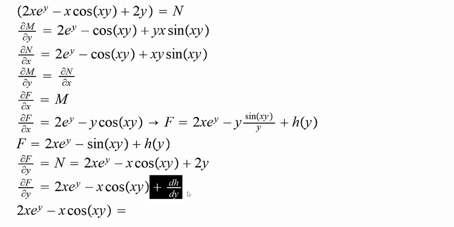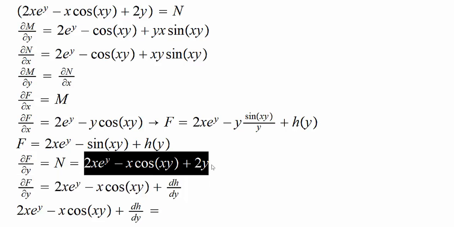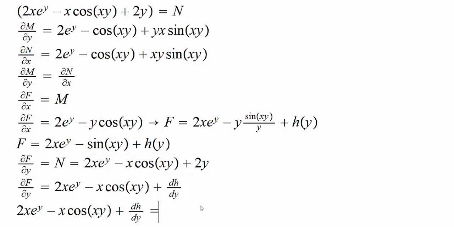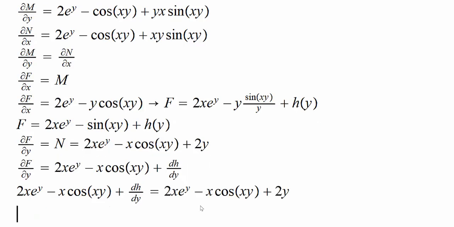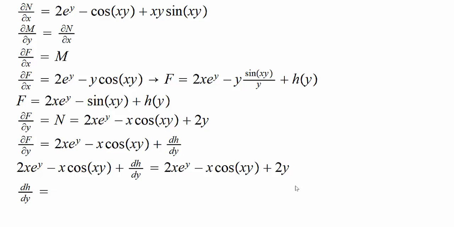So this has to equal this value of N, and if you compare the two sides, then you can see that the total derivative of h with respect to y, and instead of partial I used total here because h is a function of y only, so dh/dy is